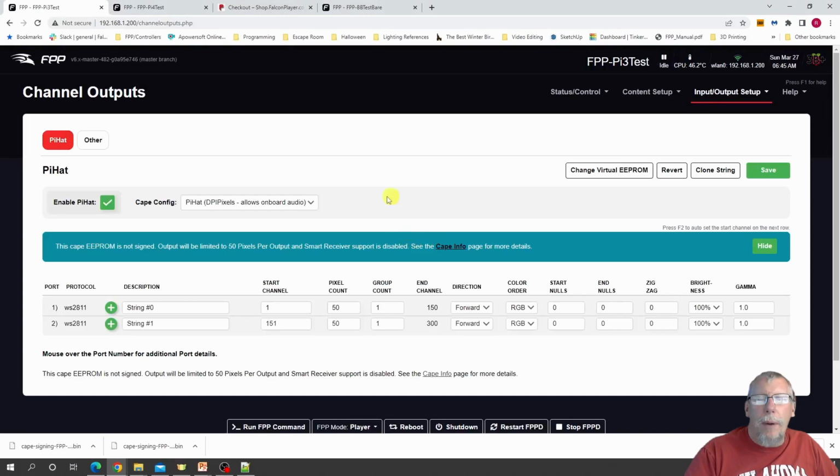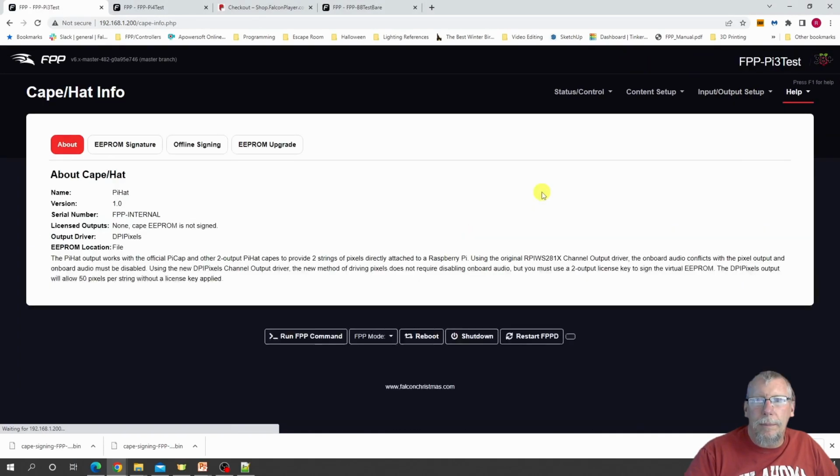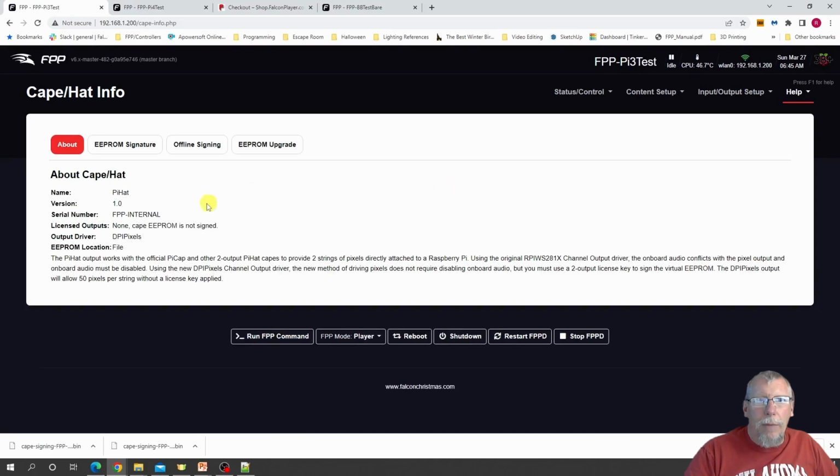So we're going to pull up this Pi without the CAPE. I'm going to go to CAPE info. And from here, because it recognizes that we're not online, it gives us the option of the offline signing. The offline signing takes a few more steps, but it's not that difficult.